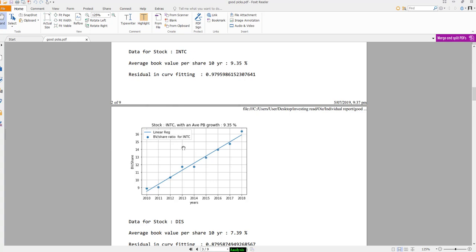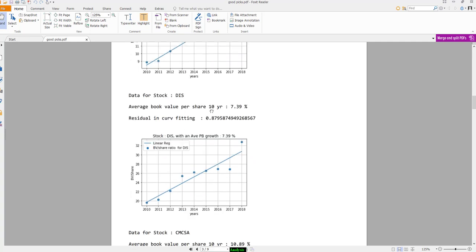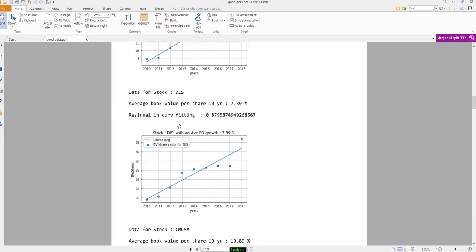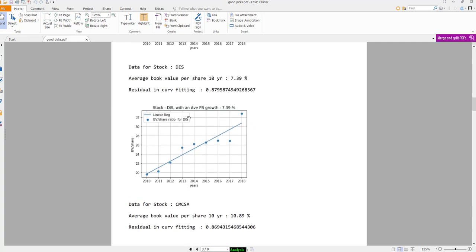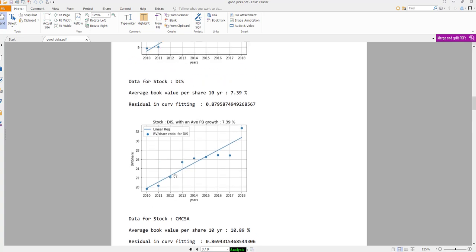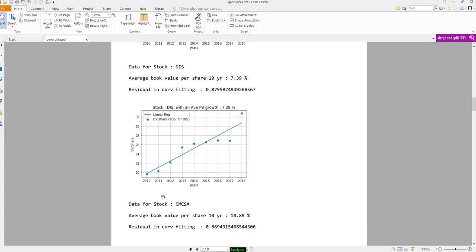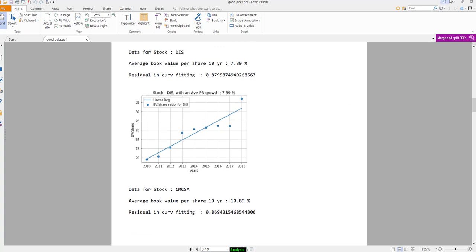For example, Disney is in entertainment. I just wanted to know what the TV growth or book value is for one industry, and I compared Disney with that industry. So I just wanted to be comparing apple to apple. To do this, I got my computer